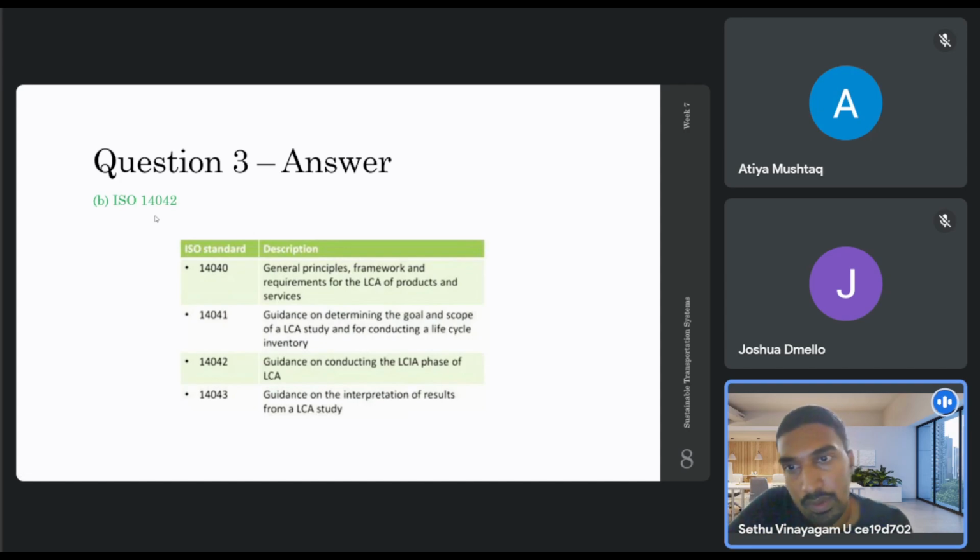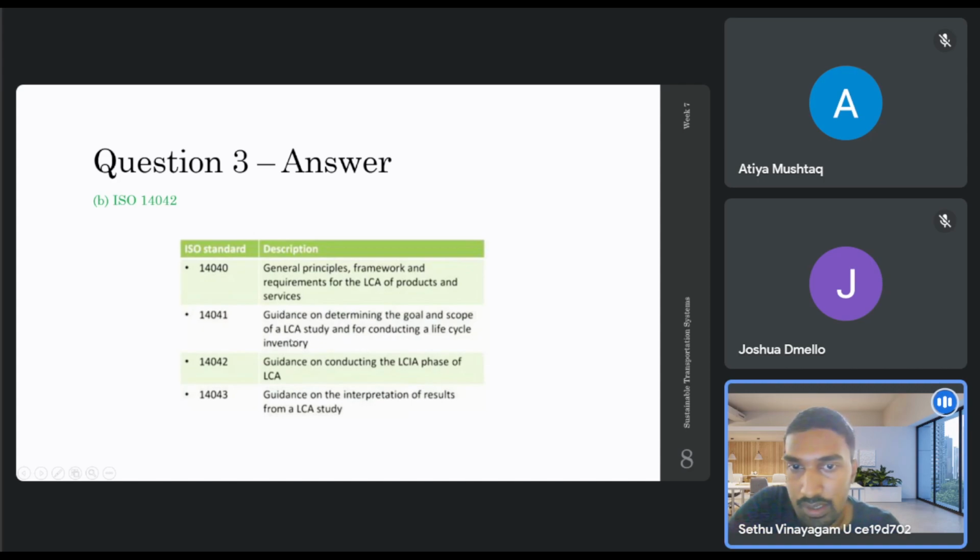So in the fourth lecture, we are looking at the different ISO standards pertaining to the LCA approach. Right. So we have different standards looking at different phases of the LCA. So ISO 14040 is the most comprehensive. It looks at the LCA as a whole. Right. So it's like an overarching standard. It gives the general principles, the frameworks, and the requirements for different products and services. Whereas the other standards, so 14041, talks about